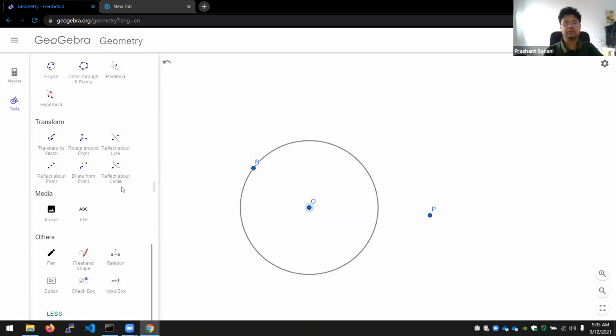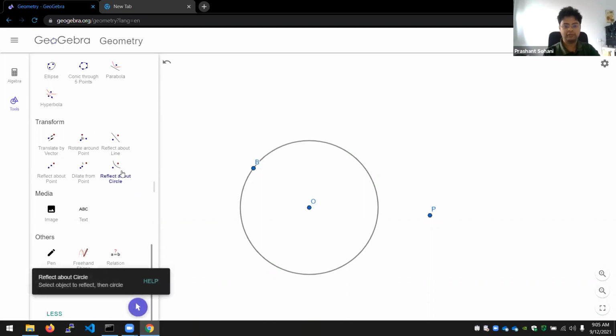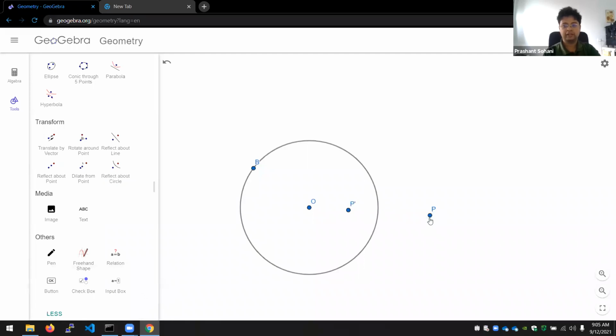It's interesting. Even last time I was saying that this is really like reflection in a circle, just the way we reflect in a plane mirror. So the word reflect is very important here. If I invert P with respect to this circle, I get P dash. As I move the point P, you can see how P dash also moves. And if I enable tracing for both,